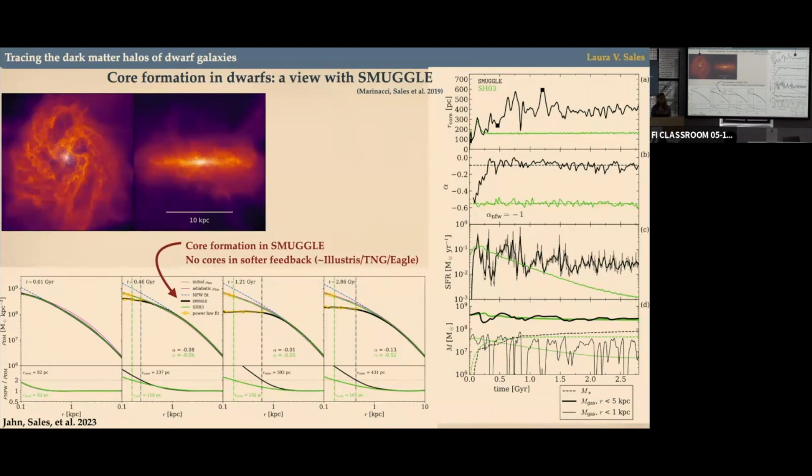I don't know if that has been followed up with observations, but then I think Alison also showed me some excellent new simulations that I don't know yet, but she also manages to form quite a variety of velocities. And so it will not always form a core, but we have to wait for the big